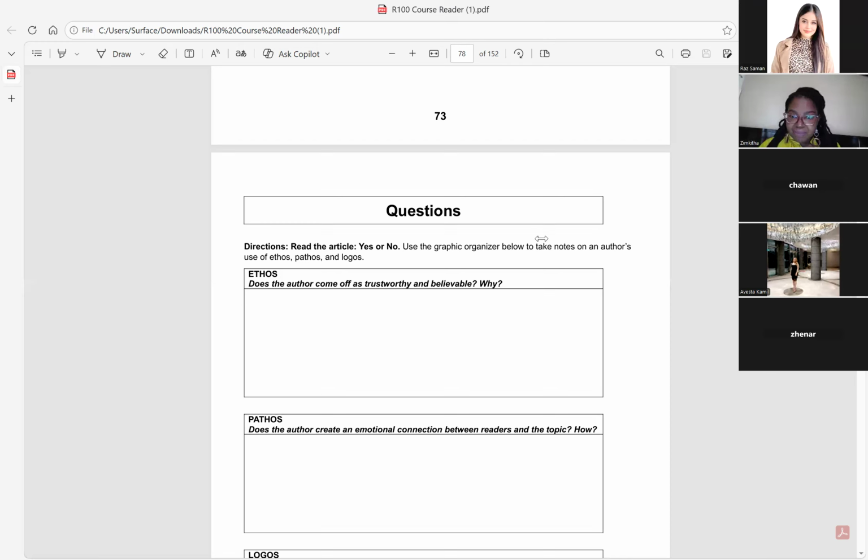Ms. Raz, sorry, you said that we have the same paragraph for Thursday? Yes, I'm going to give you the same reading on Thursday for the assignment. That's why I want you to start reading it and making notes of the different pathos, ethos, and logos, because I'm going to ask you questions to identify where the author uses pathos and where the author uses logos. Okay? Thank you so much.